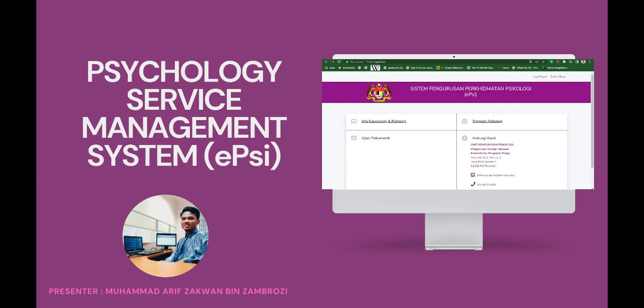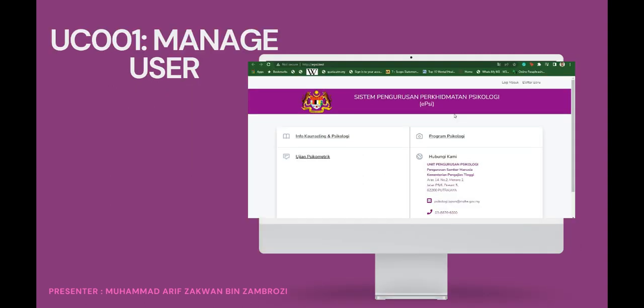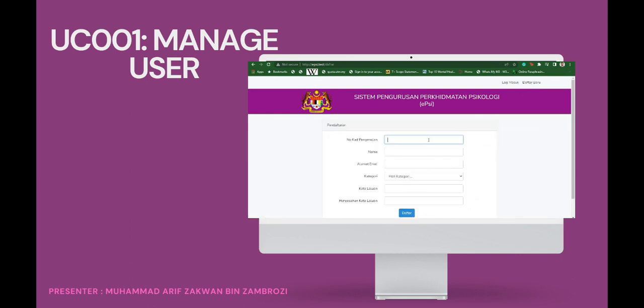Okay, so this is the system, the IPSI system, psychology service management system. So for first use case, which is manage user, you can manage user by register. All user can register to get into the system. So if you register user,